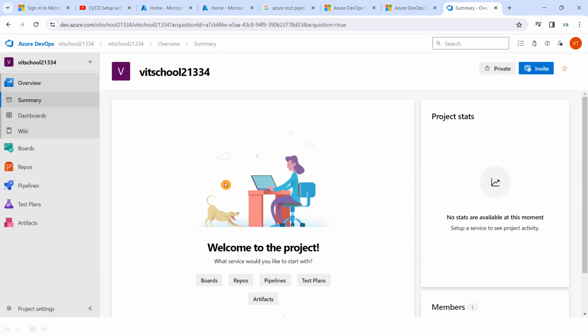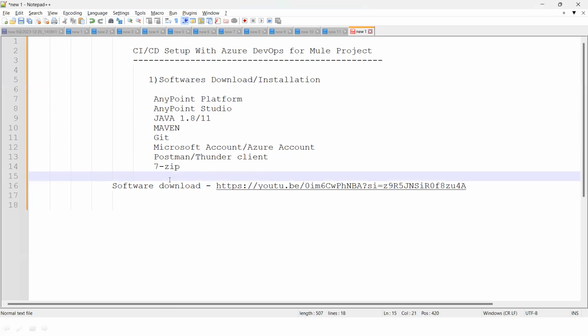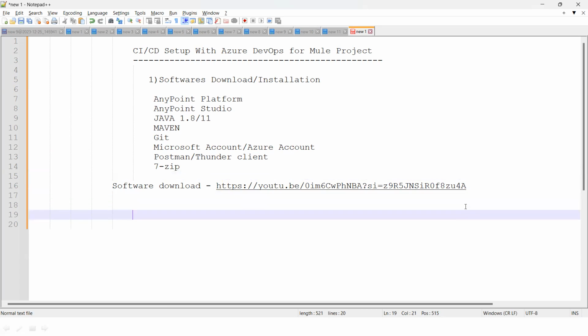You need to log in to dev.azure.com. So where do we need to log in? Create a Microsoft account. This is very important. Create a Microsoft account. It will be free for 30 days. Then after 30 days, you can create one more if you want to practice more things. Okay. Create a Microsoft account